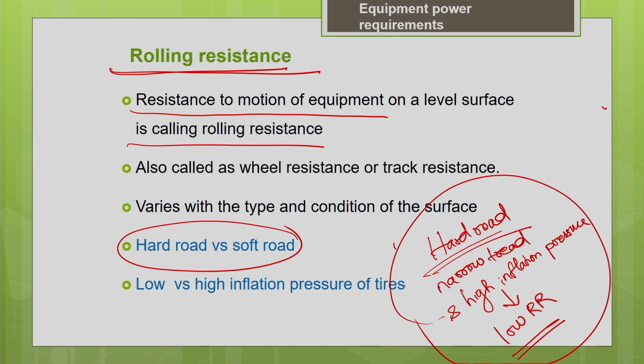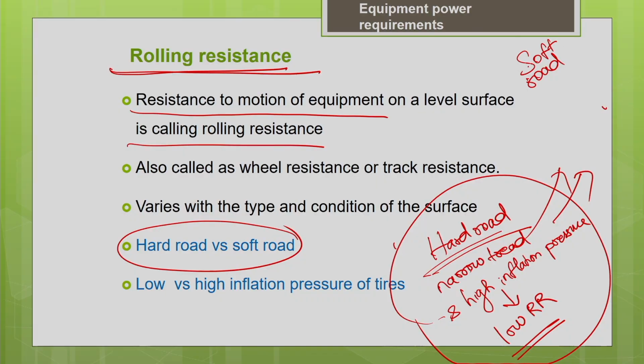This is for the hard road, but the same thing won't apply for the soft road. If you look at the soft road, that is an earthen road, what happens if you go for narrow tread and high inflation pressure? The tire will sink into the road. It can easily sink if it has high inflation pressure and narrow tread, because generally, the softer the surface, the more the tire tends to sink. It sinks to a depth until it attains the contact area needed so that the load can be distributed.